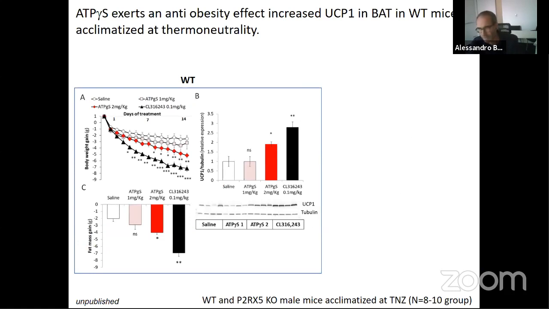And then we moved this in vivo. Again, I consider myself more of an in vivo physiologist, although I'm using much more cell physiology these days. But when we treated obese wild-type animals, acclimatized at thermoneutrality and treated chronically for 2 weeks, in this case with CL, the beta-3 agonist, or 2 different doses of ATP gamma S, what we could see is that, as expected, and there are a number of works from Mark Reitman, the CL would induce browning, and of course have an anti-obesity effect and lower fat mass, again at thermoneutrality, with increased UCP1. ATP gamma S was actually doing something very similar.